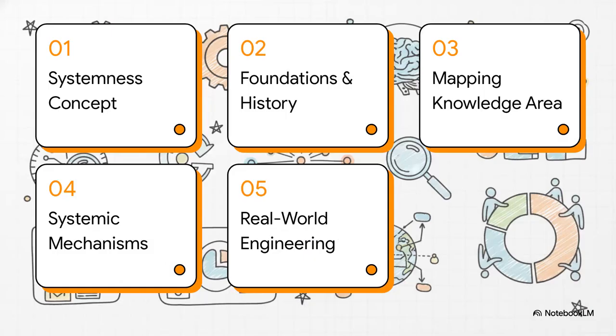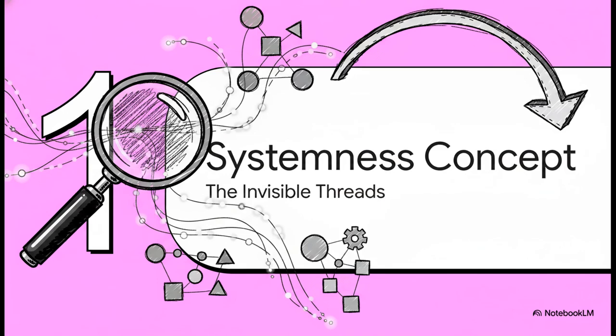Okay, let's dive into this. Here is our roadmap. First, the concept of systemness. Second, foundations in history. Third, mapping the knowledge area. Fourth, core systemic mechanisms. And finally, real-world systems engineering. The material itself is actually a coherent, interconnected system of ideas that we are going to zoom in and out of as we go. So, transitioning into our first zoom-out phase, Section 1, the concept of systemness, finding the invisible